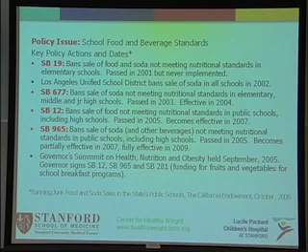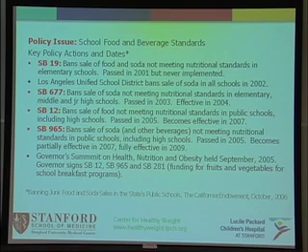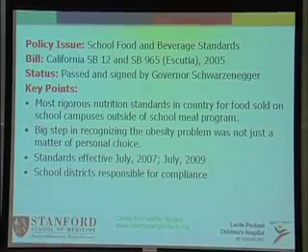So SB 19 was really the impetus to bring on SB 12 and SB 965, which some of you may have heard about, and I'll go into more detail about that. SB 677 was really the ban of the sale of soda in elementary, middle, and junior high school. So again, high schools are missing from this, which tends to happen a lot. Once a bill is introduced, all the schools are mentioned, and then it kind of gets tweaked down to the lower level schools. So I'm going to talk about SB 12 and SB 965, which again, some of you may have heard about in 2005.